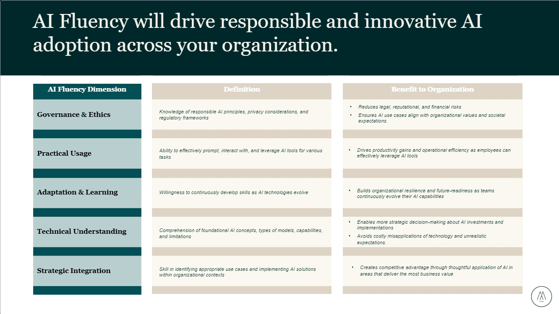From governance to use case identification to the evolution of our workforce, there are so many different components of where AI touches. In this landscape, we want to make sure that we're all ahead of the game and we all have an understanding of what AI means to our business processes. I will swear by it: fluency is what underlies the success of any AI adoption organization, because the bottom line is that a technology is useless, and it can be dangerous, if you don't know how to use it. A computer is no good if you don't know how to turn it on. So it is so important to know how to use these tools.